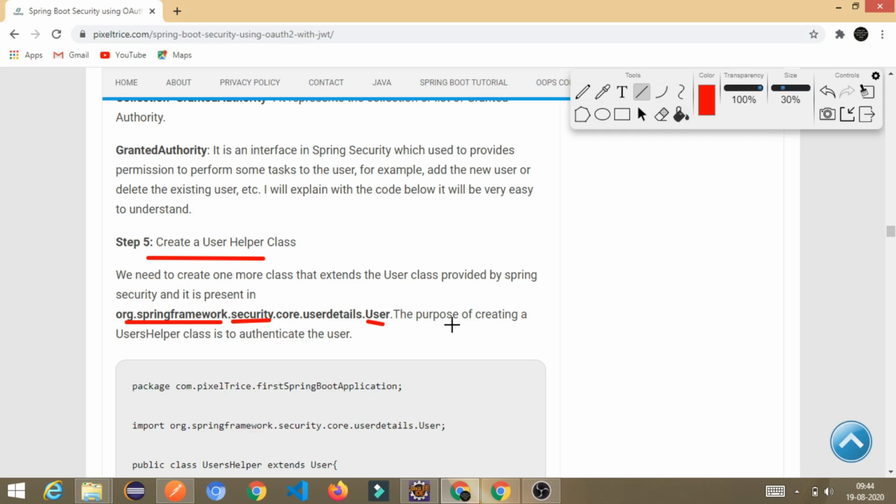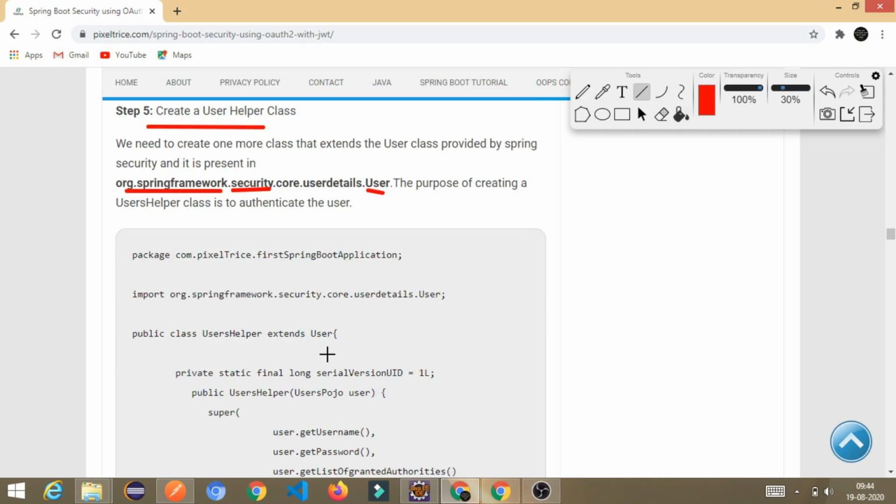The purpose of creating this is to authenticate the user. Authentication means checking that the person trying to access the resources is the right person or not, by looking at their username and password.